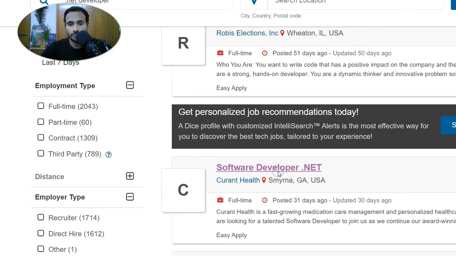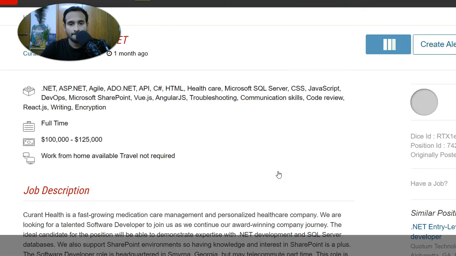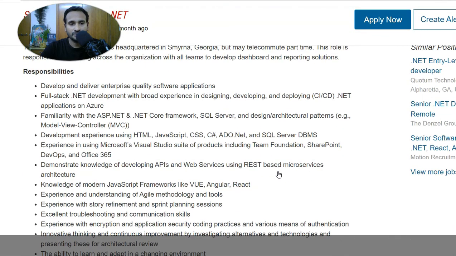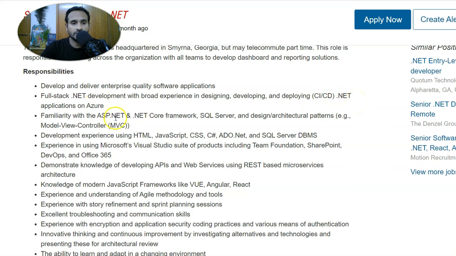If we open this requirement and see what it has, you see full stack .NET. Full stack means front end and back end. So they need CI/CD. What is CI/CD? It's a cloud, it is a DevOps environment. They are looking for .NET application on Azure, so they are going to deploy this application on cloud. Familiarity with ASP.NET and .NET Core. So they are looking for a .NET Core framework, and this is where you do not see WCF, WPF,